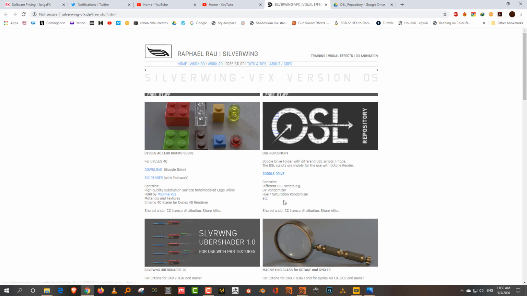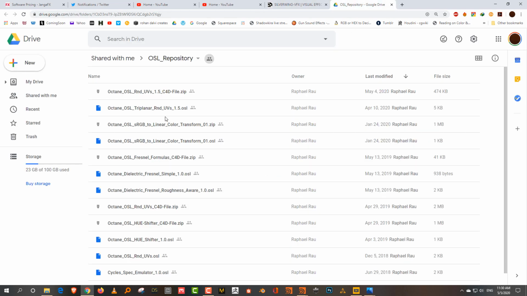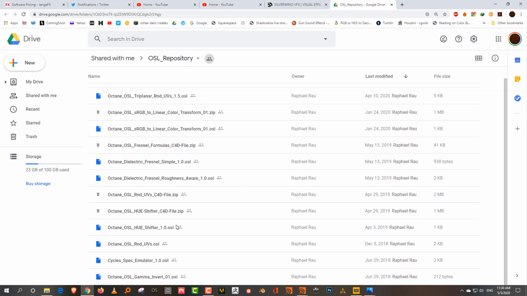There's a Google Drive link, and what you want to download is the OSL triplanar random UVs. There's also another one which is really useful called OSL hue shifter, which, on a given input, lets you randomize the hue or the saturation of your map to get more variation. That is what you primarily need to download.